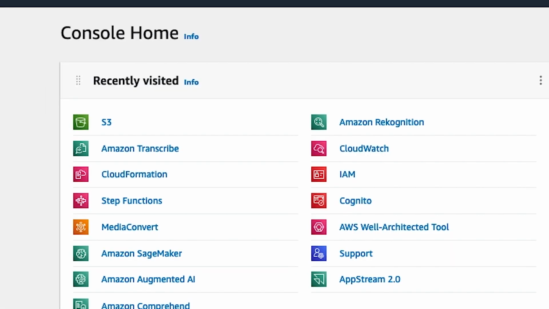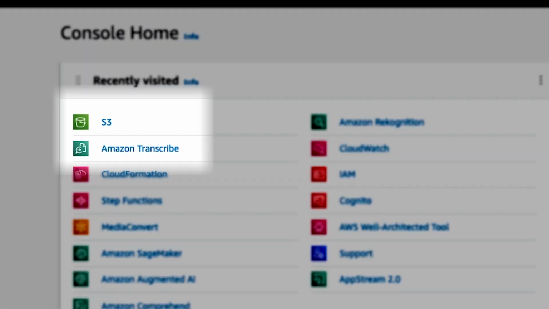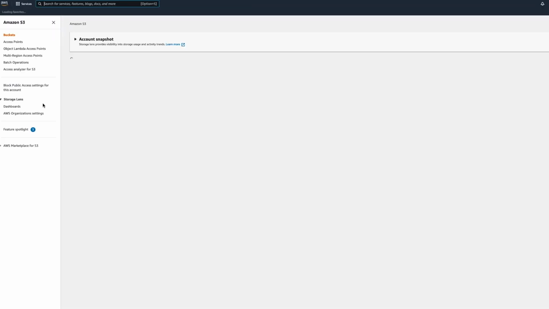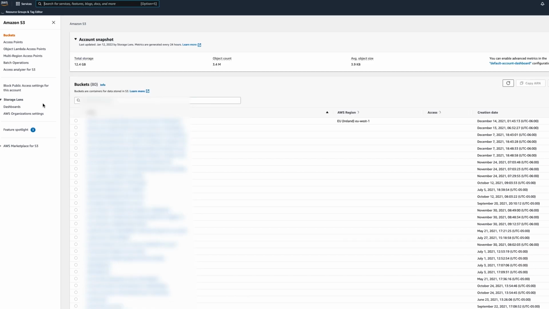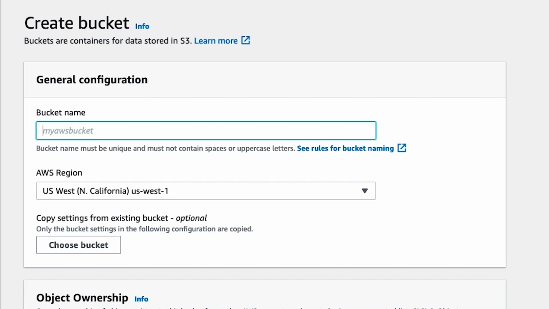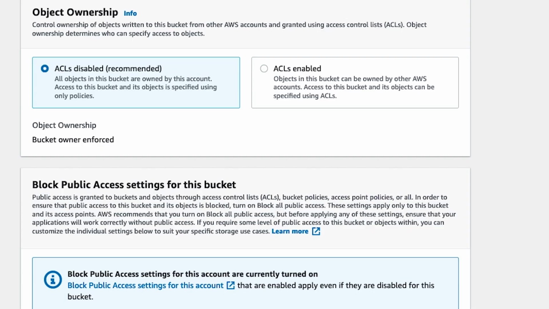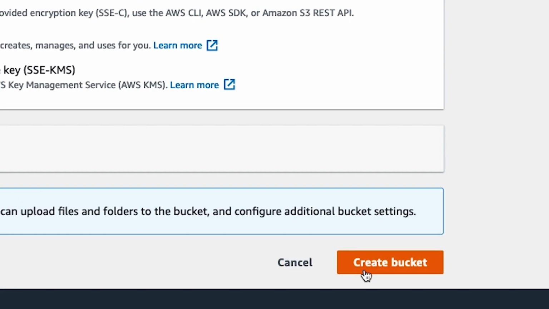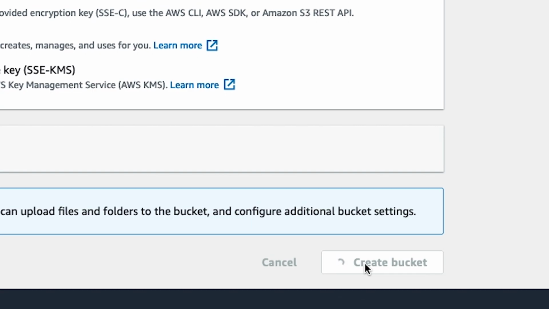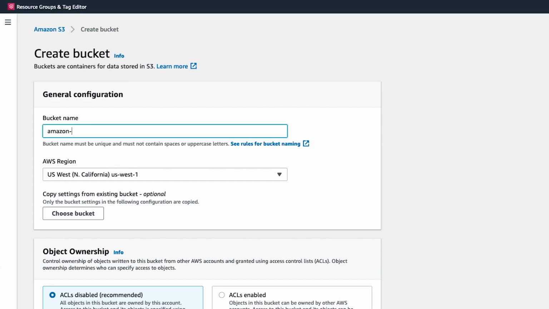For this demo, we will create an Amazon S3 source bucket for the media file and a logically separated destination bucket for the resulting subtitle and transcription outputs. To do that, we will navigate to the Amazon S3 console. You will then select Create Bucket. You will need to give your bucket a globally unique name. We can leave the default settings here, and we will repeat the same process for the output S3 bucket. We will give that another unique name and copy our previous settings.